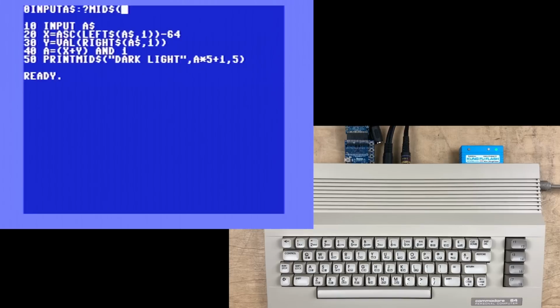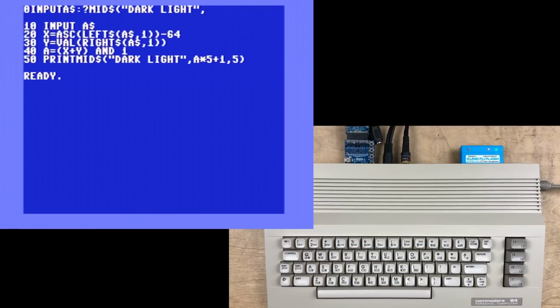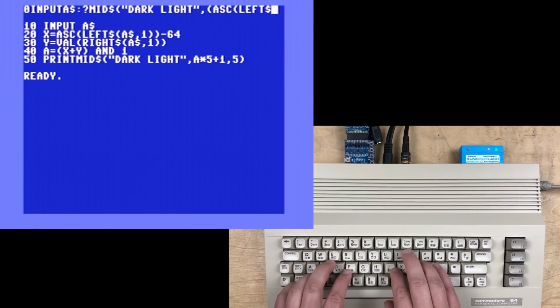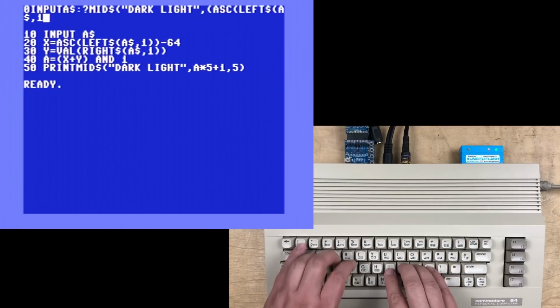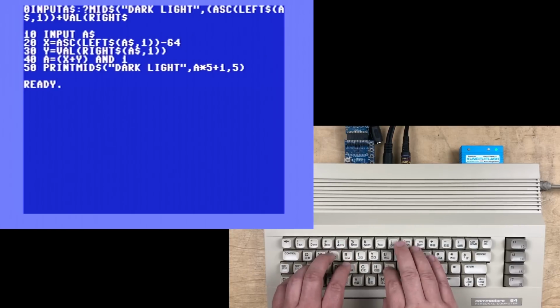So we want to print out the mid string, and we'll do that same dark, light. Now we have to give it the starting position, which is this bit down here, A times 5 plus 1. So really we're going to work line 20, the ASCII line in here, ASC, left string, A string, comma 1, and we're going to add in the Y, which is in line 30, without the actual variable, the VAL of right string,